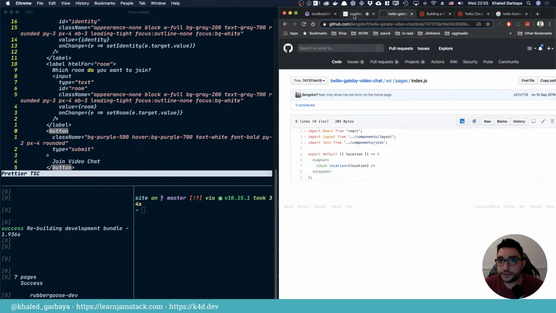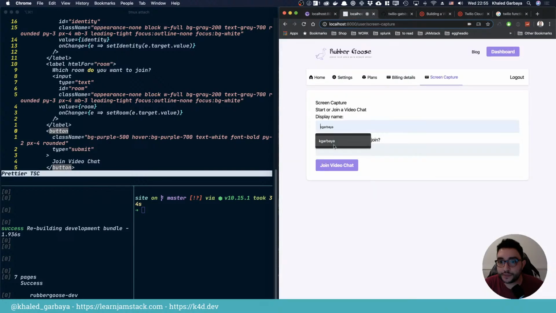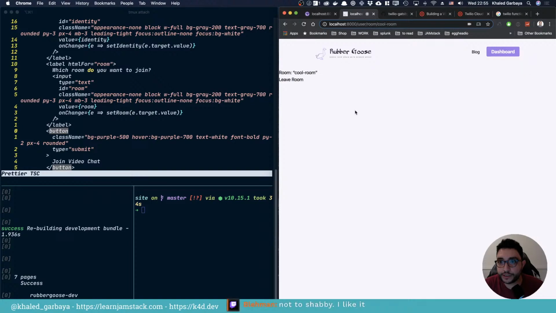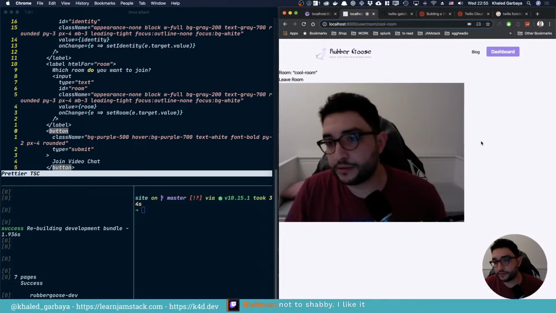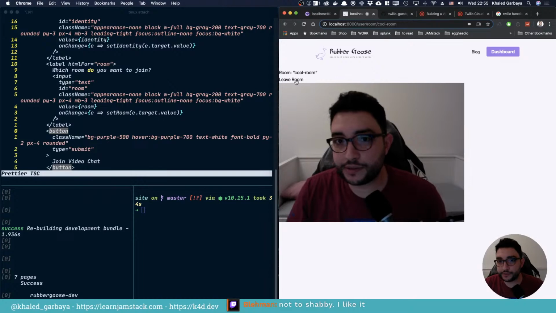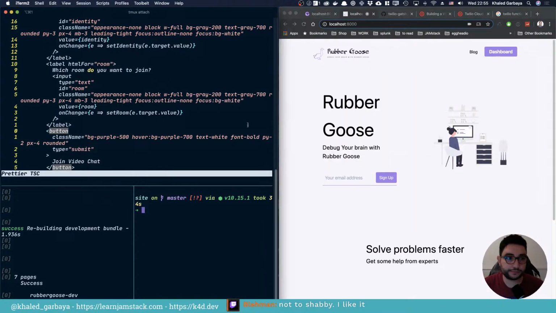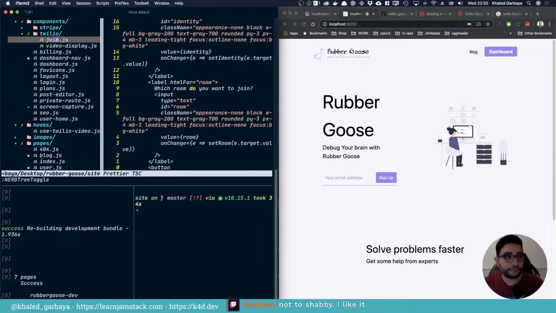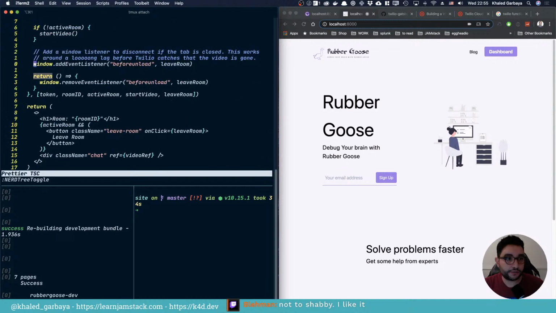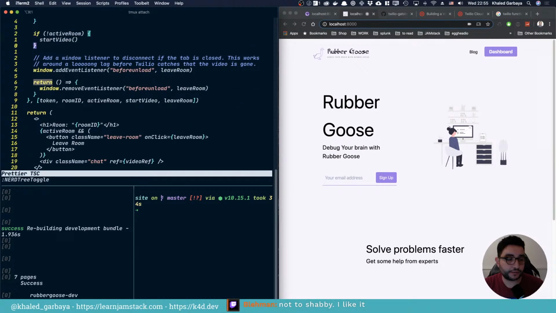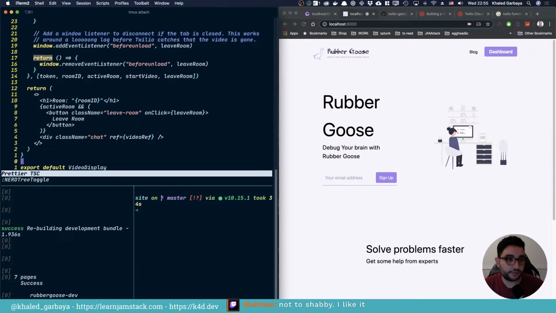So let's go. Right here we have this form, and now we need to style the surrounding stuff in here. To do that, maybe in this video display, if it's an active room,